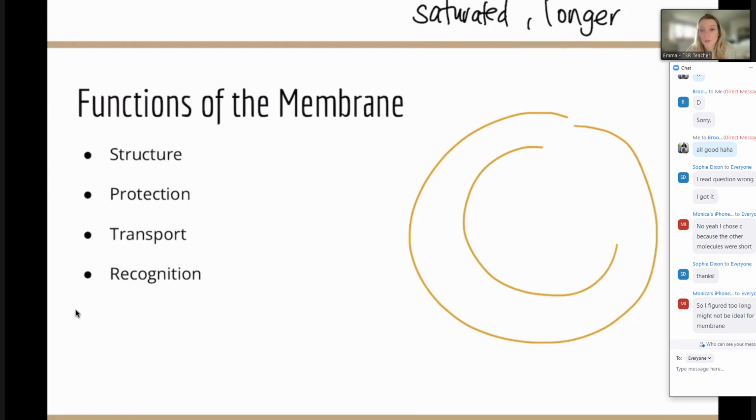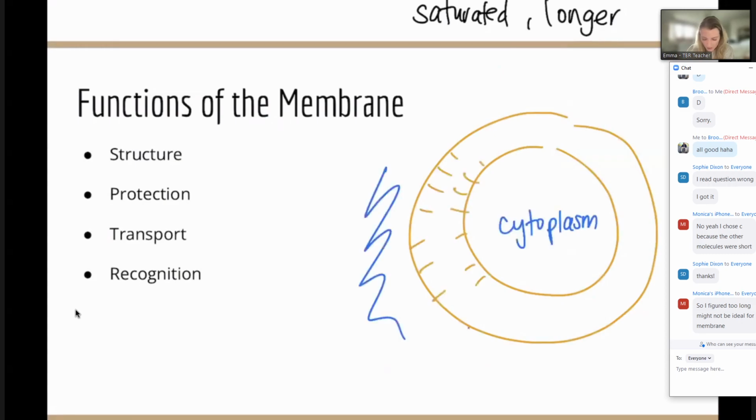This is going to be important for any kind of invader cells, or maybe an invasion of a virus. It's going to be coated with lots of fun things that we're going to talk about out here that aid in that. When you think about immune responses and antibodies, a lot of that is happening on the plasma membrane. Yes, it's going to send maybe a signal into the cytoplasm and into the cell to change something, but a lot of that first line of defense is the plasma membrane and what makes it up.